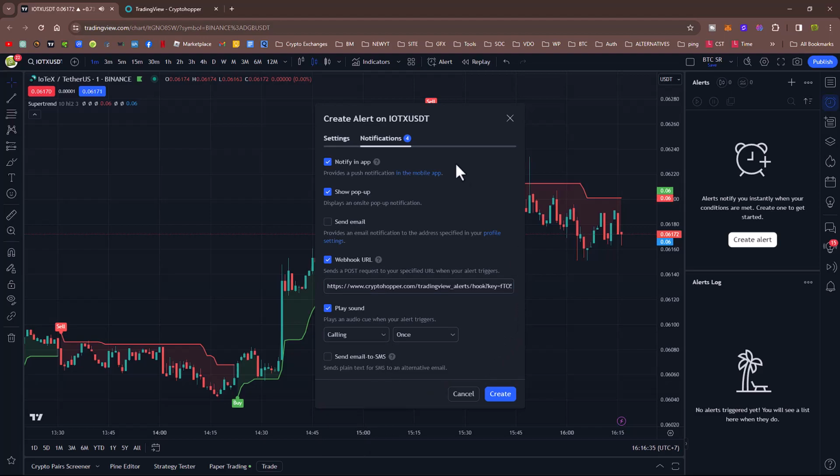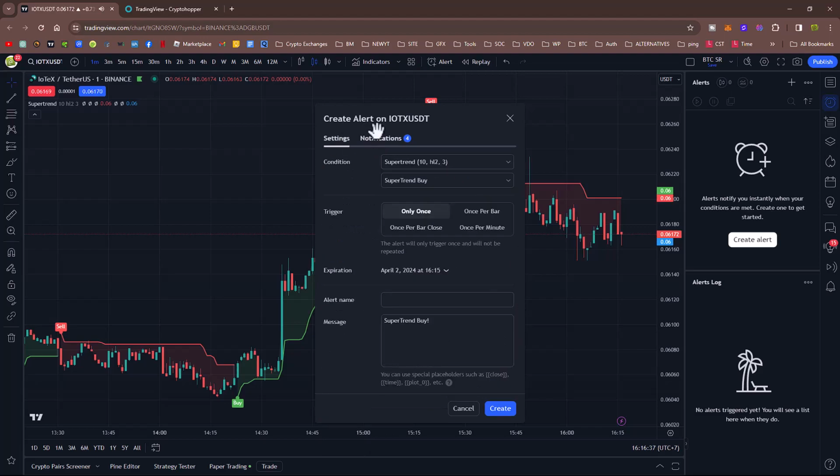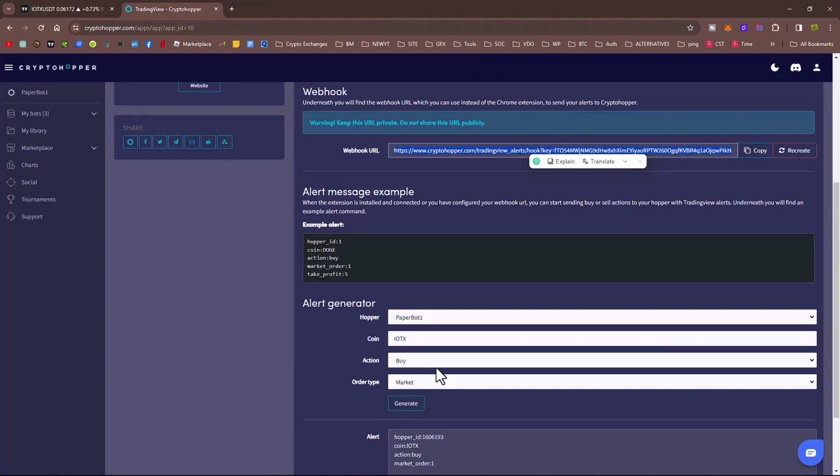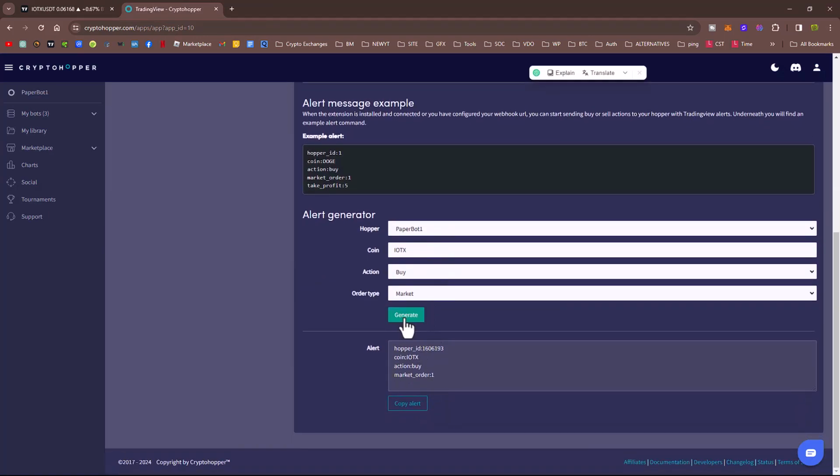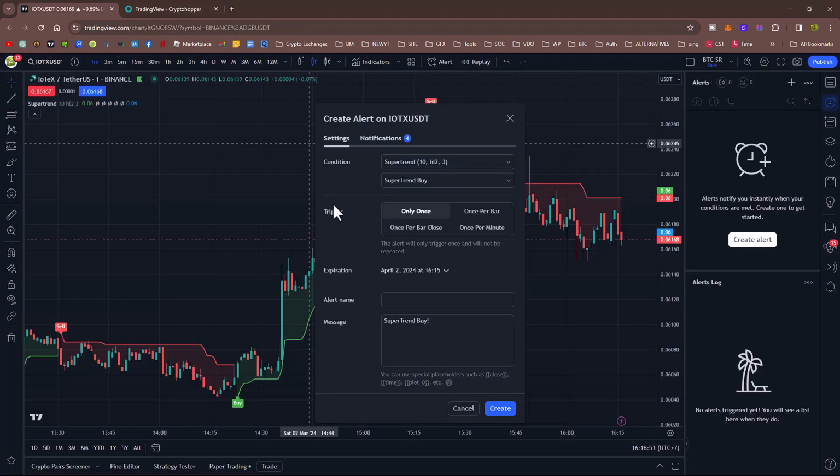That will tell you when it's bought. Settings. Now, what else do we need to copy? This that we generated here. Choose your coin, make sure it's on the right bot, choose market or limit, and that should get populated there. So now, stick it in here,